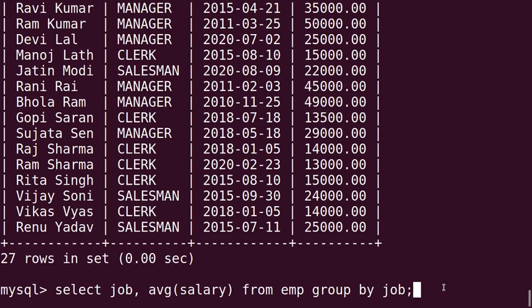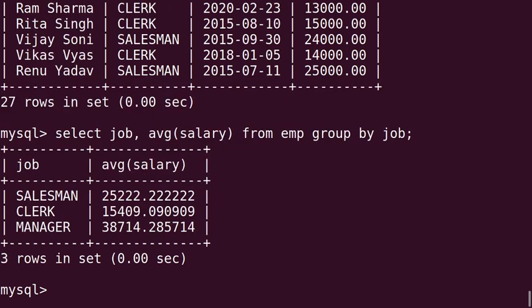What we are doing here, average salary is the aggregate function, you know, and we are using group by clause on the job field. See the output. I told you already 3 types of jobs are available. First salesman, next clerk, and next manager. So for all the 3 types we are going to get 3 lines in the output.